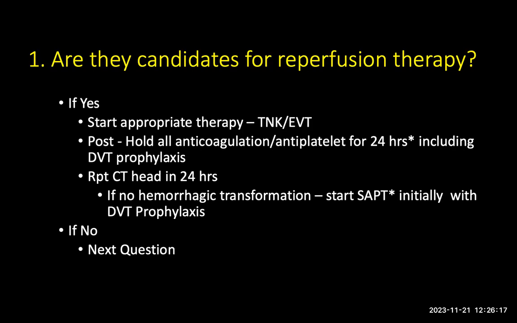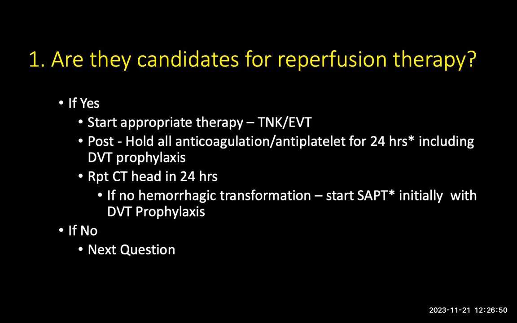Now, for any patient you've done mechanical thrombectomy on, or given TNK, no matter what they were on coming into the hospital, they could have been on anticoagulation, aspirin, Plavix, or DAPT, you hold everything for 24 hours. Even pharmacological DVT prophylaxis, you will do intermittent pneumatic compression instead. And then you repeat a CT head in 24 hours, see the size of the stroke, and make sure that there